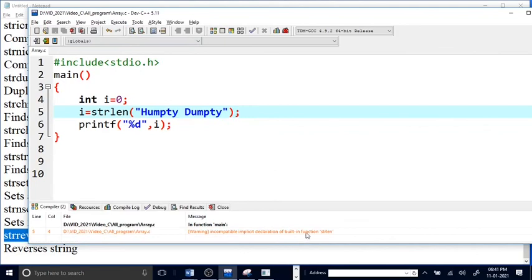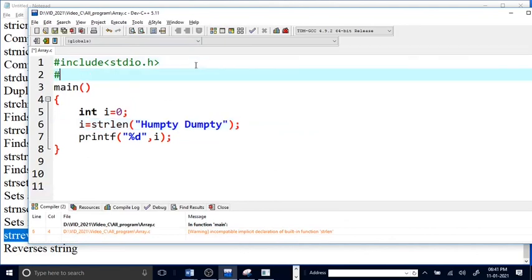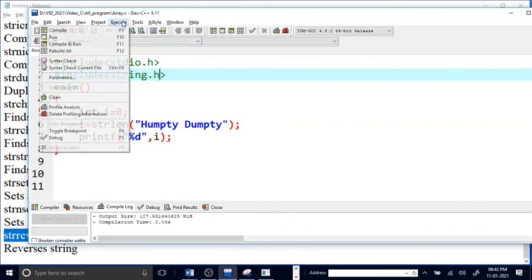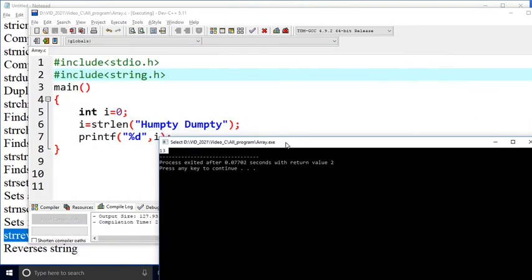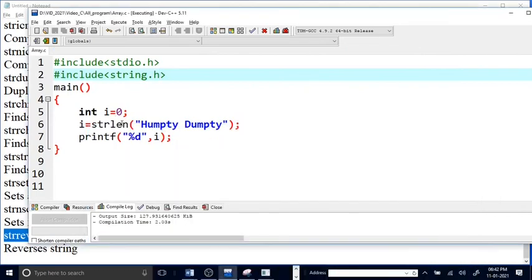Incompatible declarations of strlen. Okay, fine. So 13 is the length of the string. This is the string length function, which already exists.